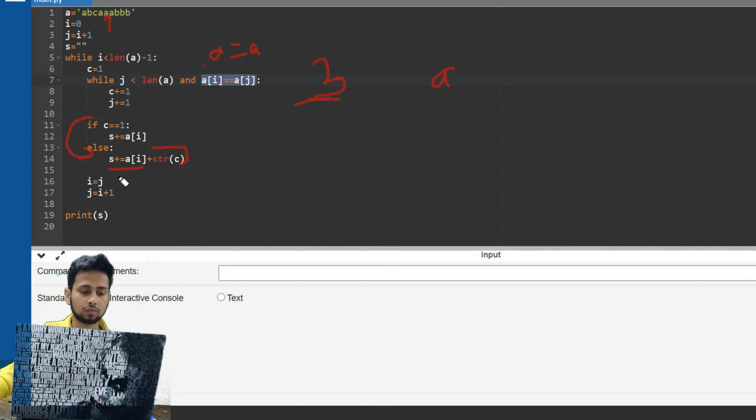That is what we are doing here, and again we are incrementing our i to this j. So now from pointing here, our i is basically going to point to this b. So it was like a b b b. From this a, the i is now going to point to this b, and j is basically going to point here. And once we are going to print it, it is going to be printed.